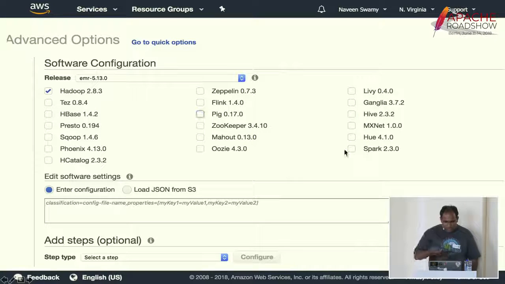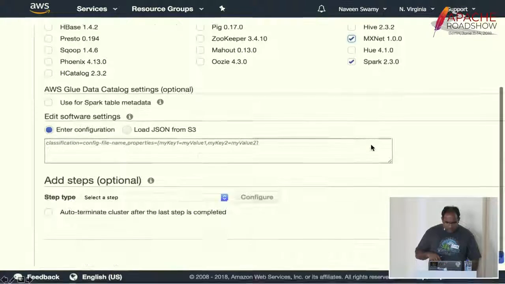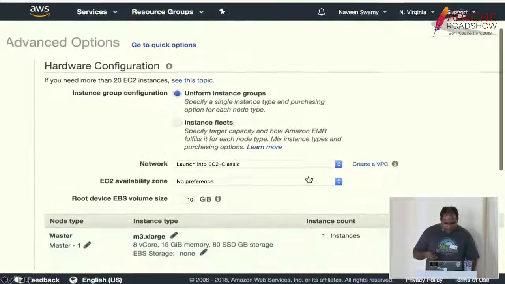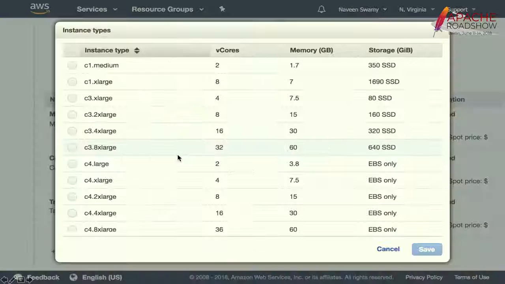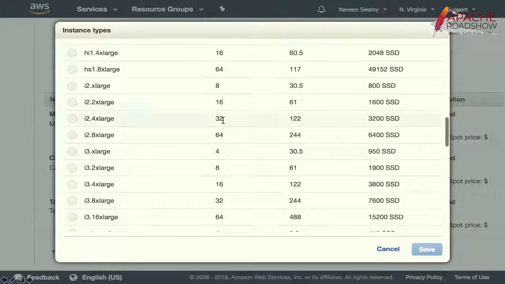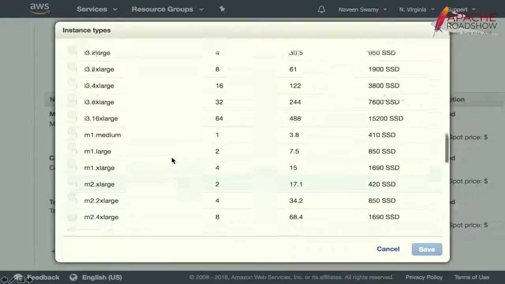Here we don't need all those. I just need Spark, and we have MXNet 1.0 over there. And you just create a cluster. I will use a VPC, and let me show you, that's for the core or the driver node where the driver lives. And here we have GPU instances available if you want to make use of them.